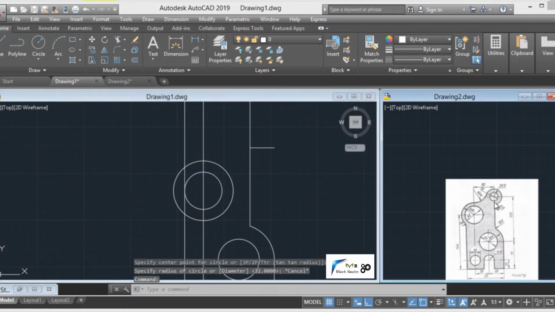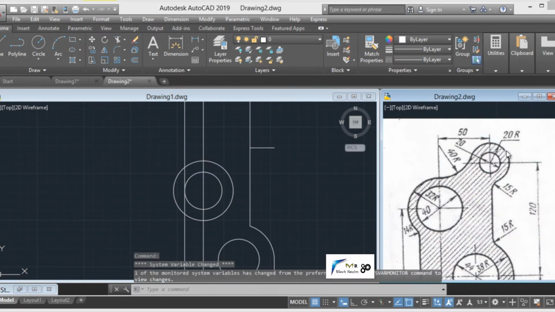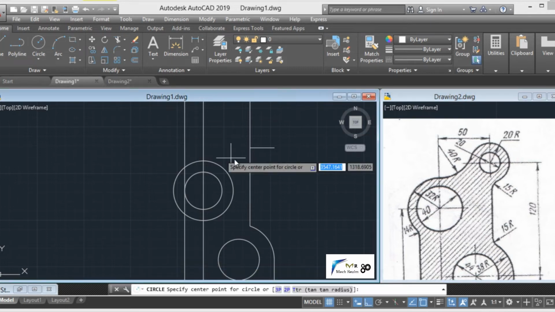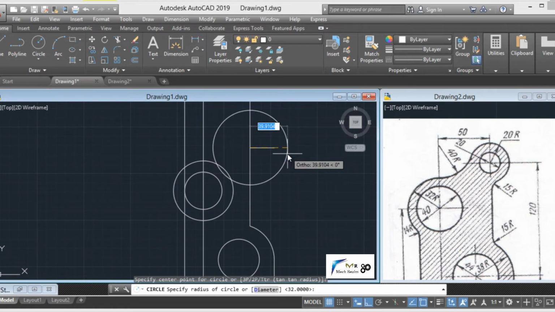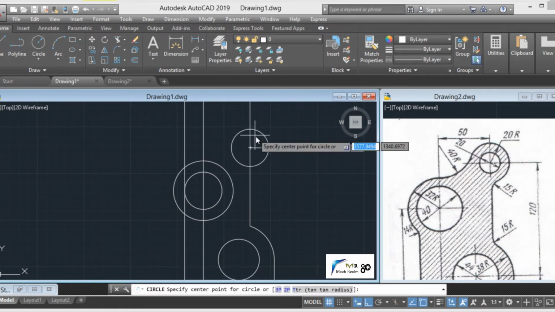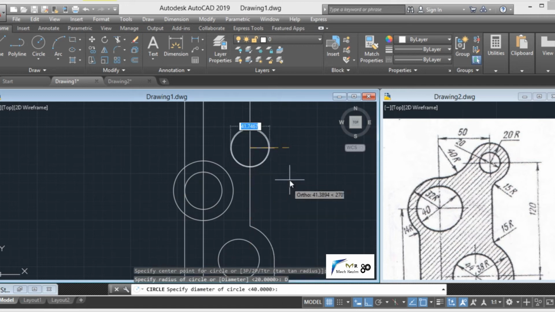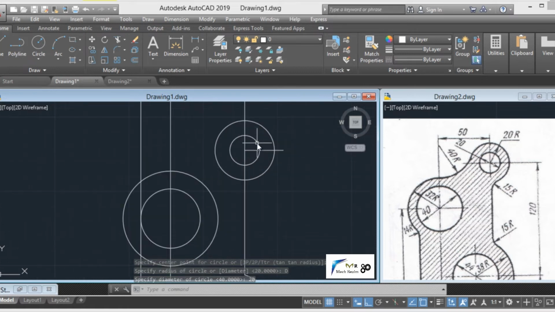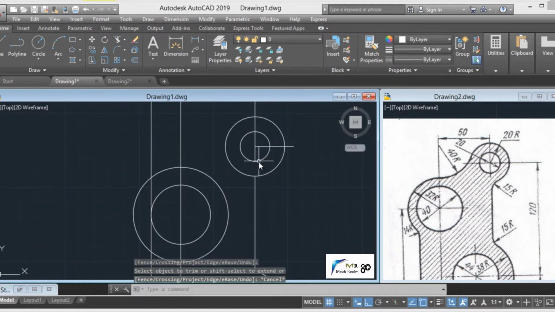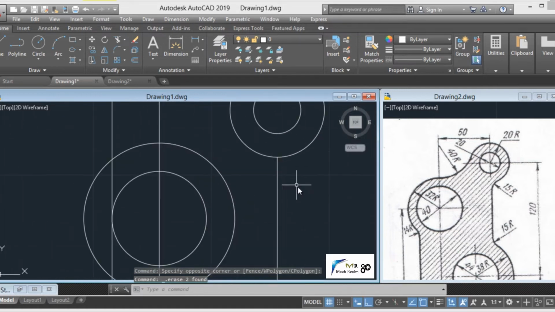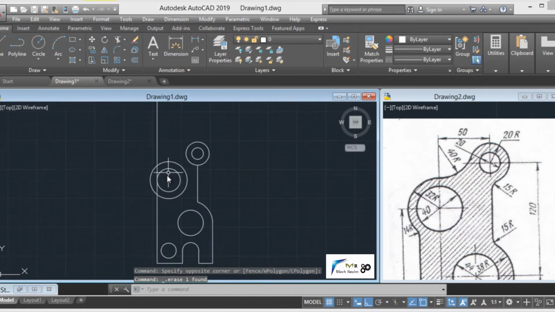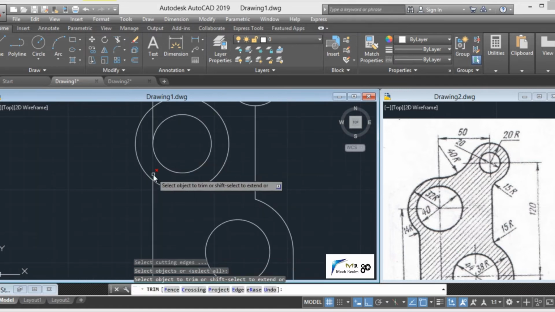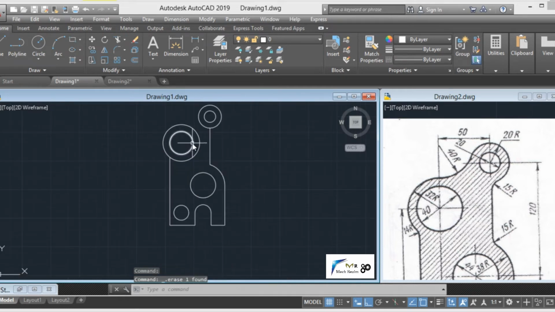Now here the radius is of 20 mm outwards and the inner one is of 20 mm diameter. So select circle, click here, radius of 20, once again circle, center point, select diameter. In order to define diameter, press 20 and our two circles have been created. Understood? Now let us trim these lines and delete these lines. Clear? There is no use of this line also. Also you can trim on this part and delete this line. Clear?